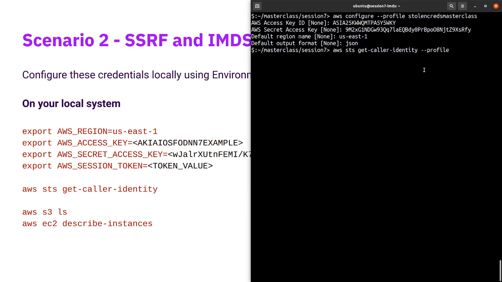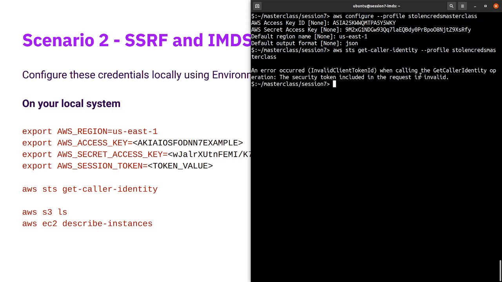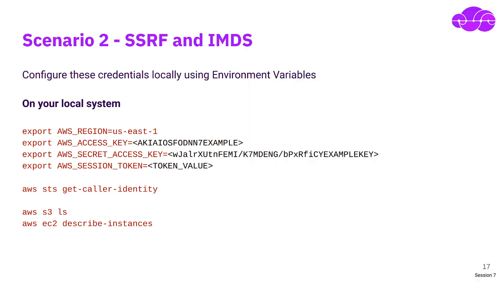Right, so you see it made a request, but it said the security token is invalid because I didn't provide it the security token. To fix this, you have to add another line inside the credentials file, right? For obvious reasons, I'm not going to open that on screen, I'm recording this. However, what you can do is open the .aws/credentials file,